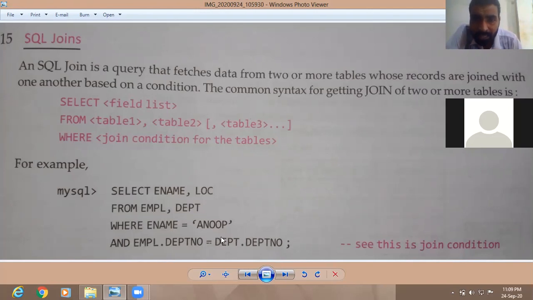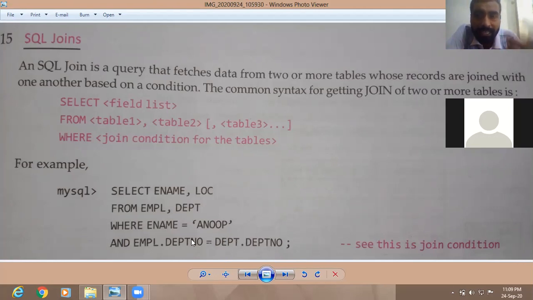Means in both tables one field should match, and that field is the department number. If both fields are matching, then only the records will be filtered and displayed before you. This type of join is called equijoin.